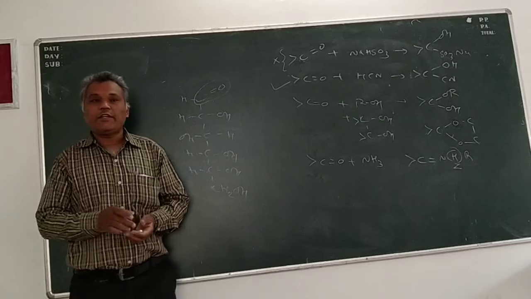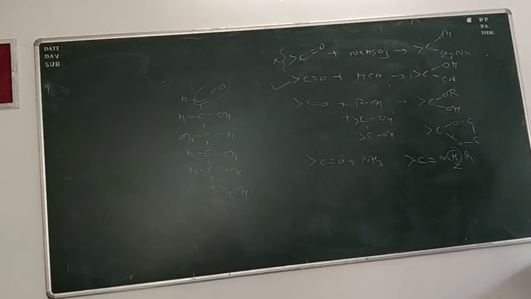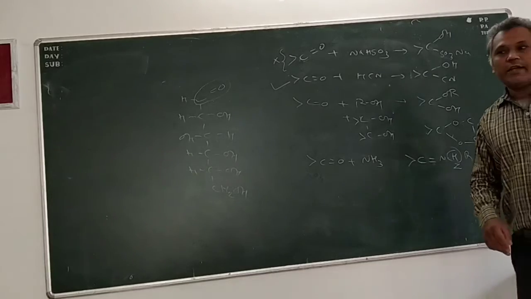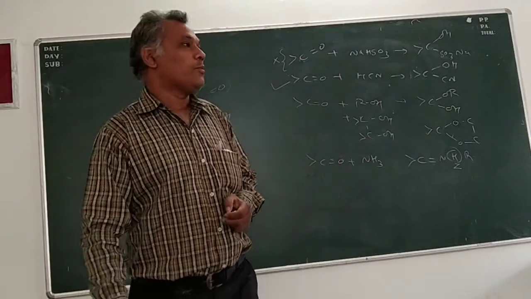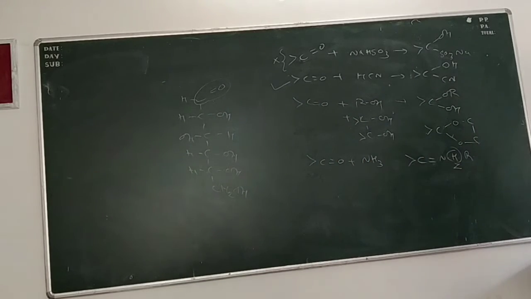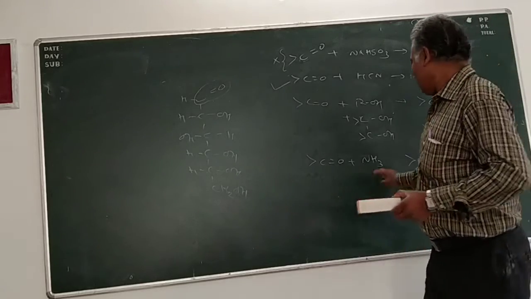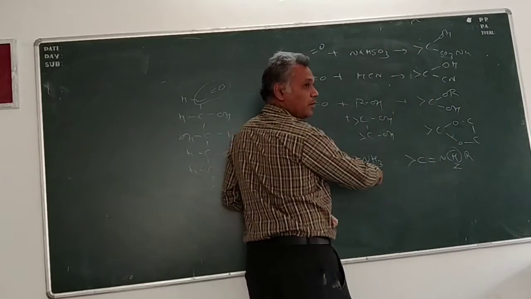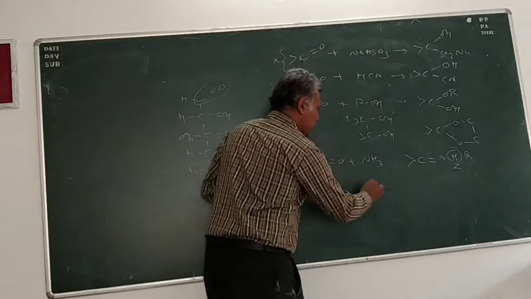See, you can see it in the second point given in your textbook. It gives an addition reaction with HCN to produce cyanohydrin, which confirms that it contains a carbonyl group. It gives a reaction with NH2OH to produce oxime, that I told you over here. Reaction with ammonia, reaction with NH2OH.